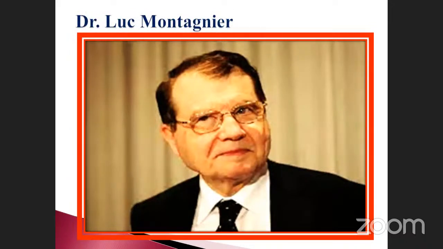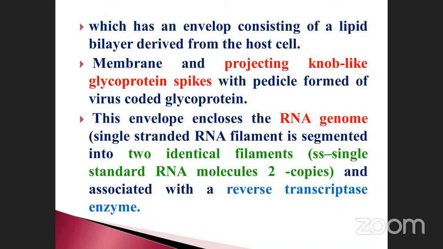So you are seeing Dr. Nick mentioned here in 81, so 1981, it is called HIV. How will it be? See here, it has an envelope consisting of a lipid layer. Lipid is the outermost layer, the envelope, a bilayer derived from the host cells. And the membrane has projecting knob-like glycoprotein spikes, as I already told you, a spike-like structure outermost. Similar to COVID, which also has a spike-like structure. That is a modification; many modifications occur.